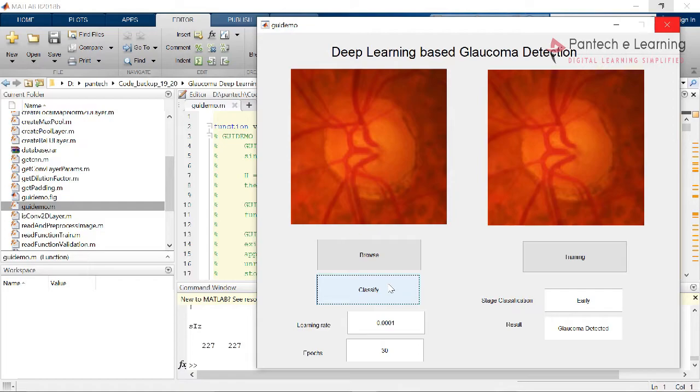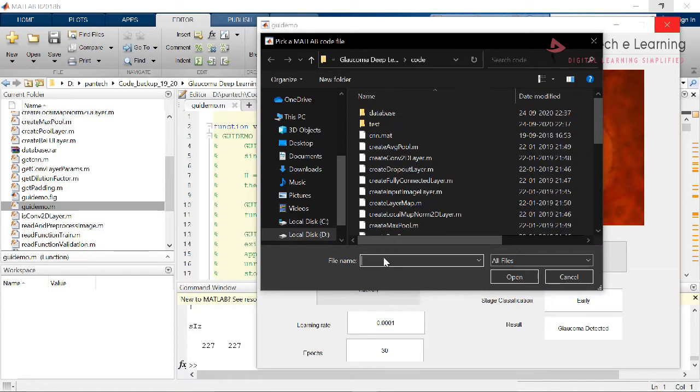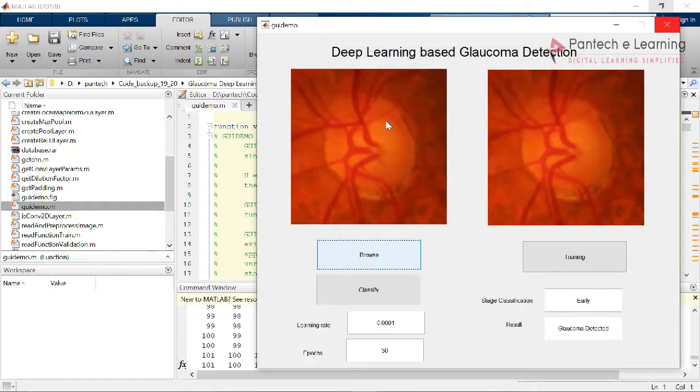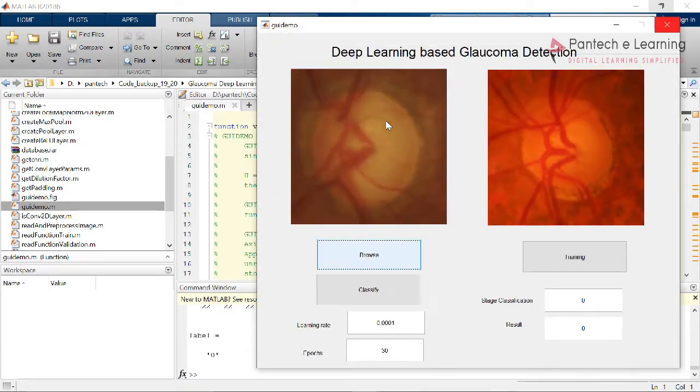Similarly, let us try with another random image as input. Let me go with this. Once again, let us apply training.